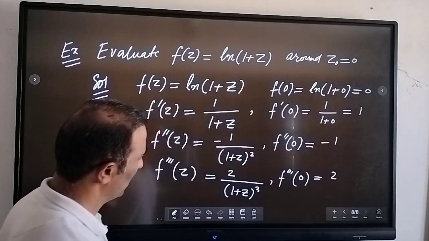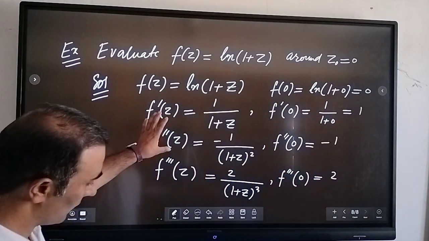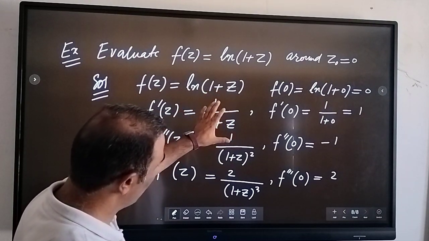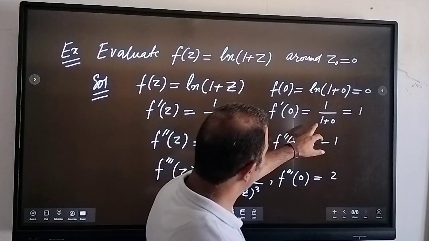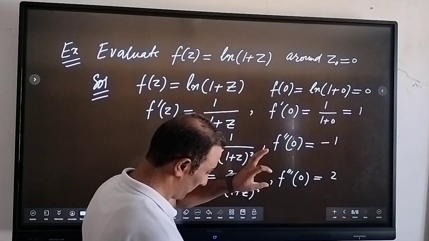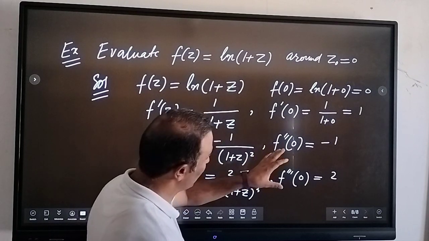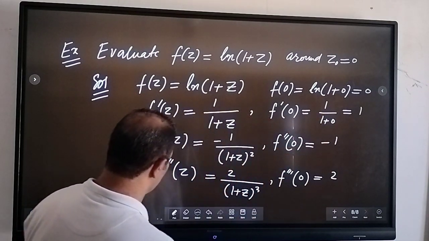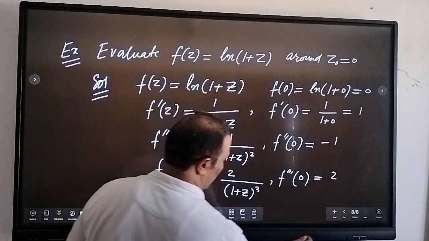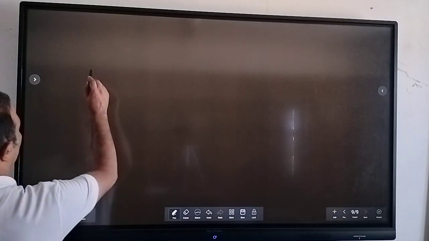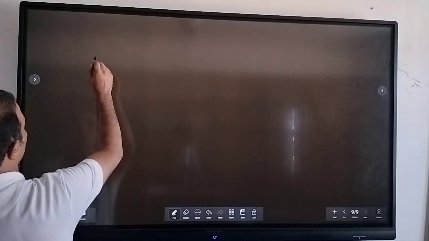So let us check if we get some kind of pattern here. So we can write this as minus 1 raised to the power n plus 1 here, right? So let's write it this way. Our f of z will be equal to